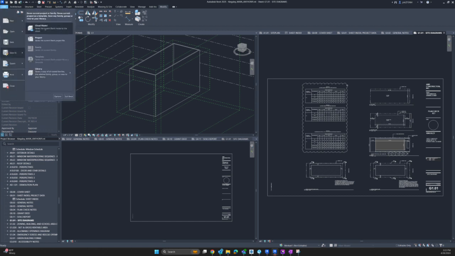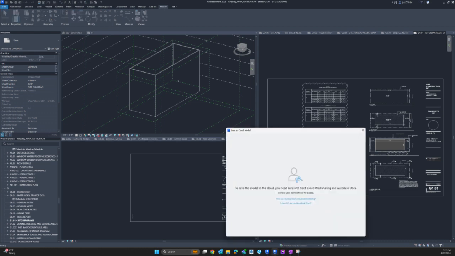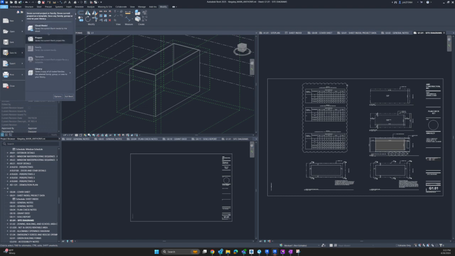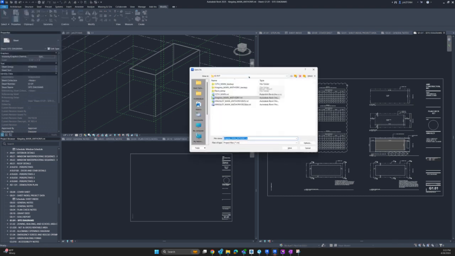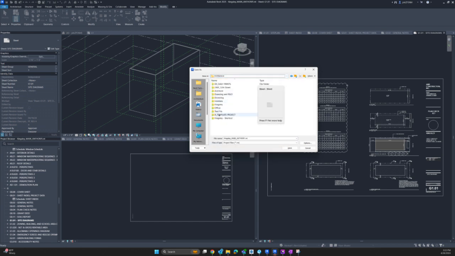I'm going to save as a project, but this time I'm going to save it in the template folder. And then we'll call it